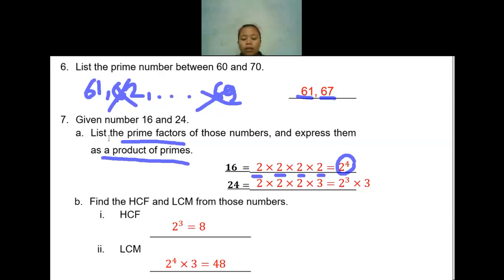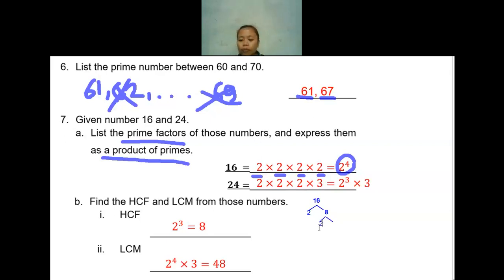For question 16, make a factor tree first. Still remember what is the factor tree? Factor tree is 16. Because the number is 16, we break down into how many times how many. 16 can be 4 times 4 or 2 times 8. I will make it 2 times 8. And then the 8 is not a prime number, so we need to break down again. 8 we can break down into 2 times 4.